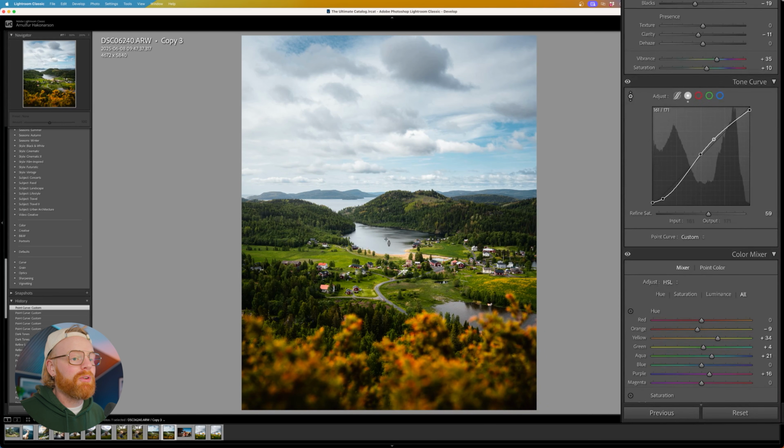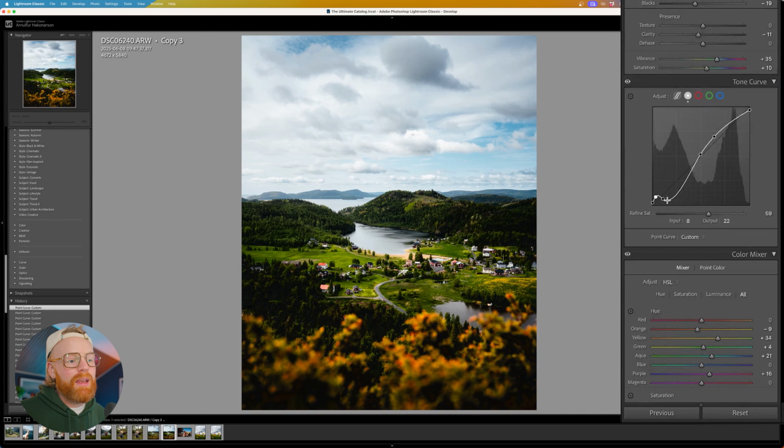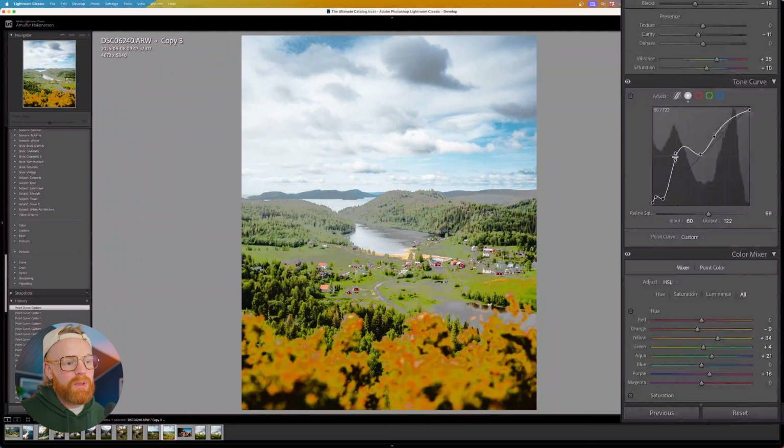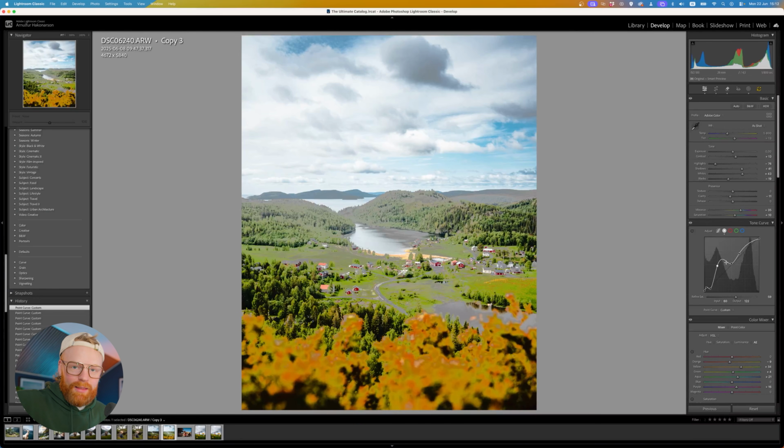And then you can either just start to scroll on your mouse like this, and it already takes it up or down, which is a pretty cool and intuitive way to work. And then you can go up here and say, I want to take this up a little bit. But keep in mind that with the tone curve, if you move up one area, it is a curve. So if you move up here, it's going to take down the other side. So if you take it up here, you see what happens to this side. It is really important, because it's all connected, that you massage it and take small steps at a